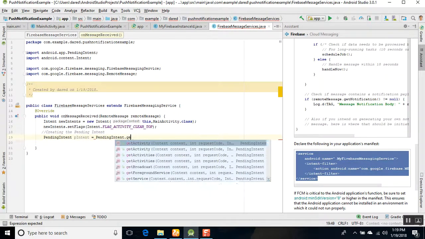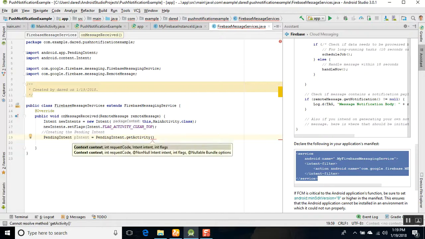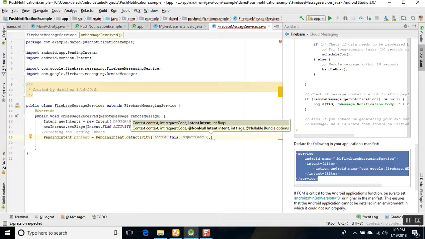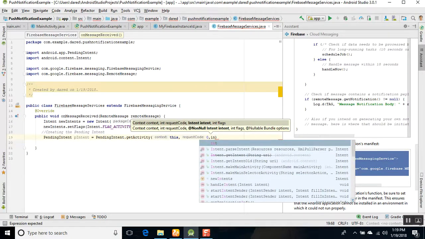Here is the activity, the next one is the request code, which is 0. The next one is the intent, new intents,